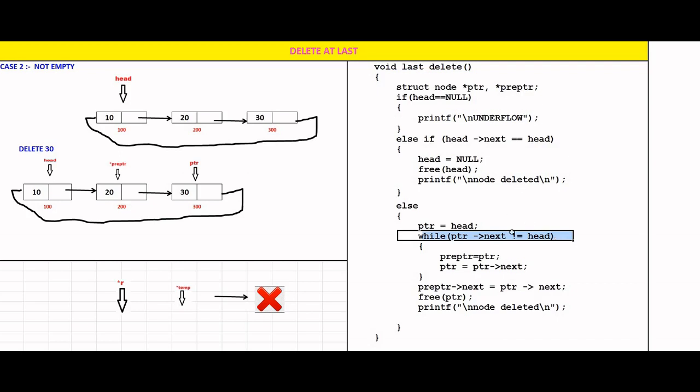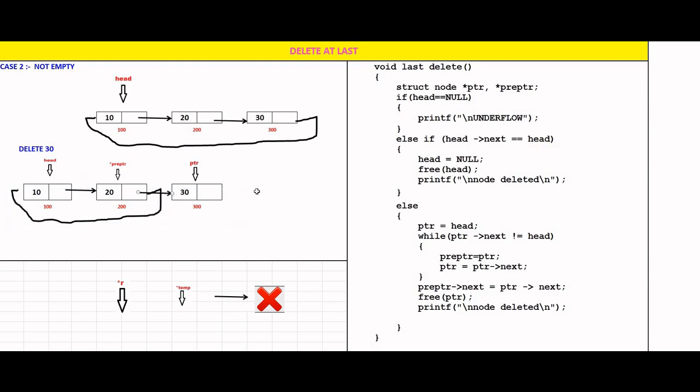Now control comes here. Pre-PTR of next is equal to PTR of next. Pre-PTR of next is now having what? 300. So we copy into this what? PTR of next. PTR of next has what? 100. So we copy 100 here. After copying 100, this will happen, and this will get deleted.